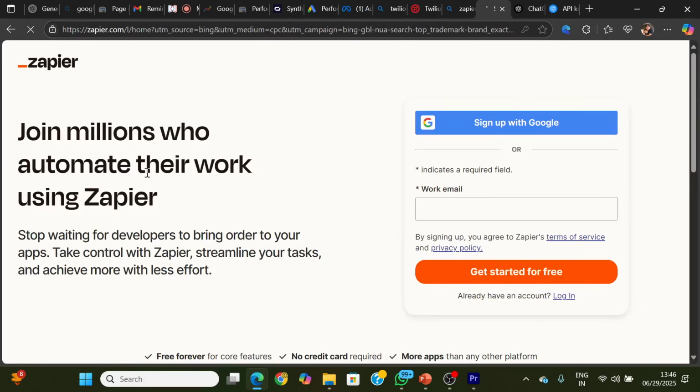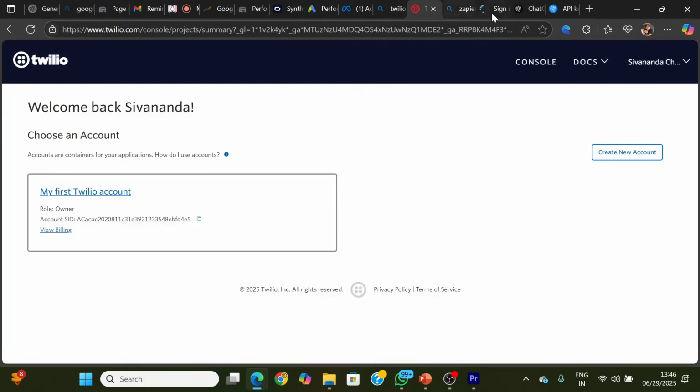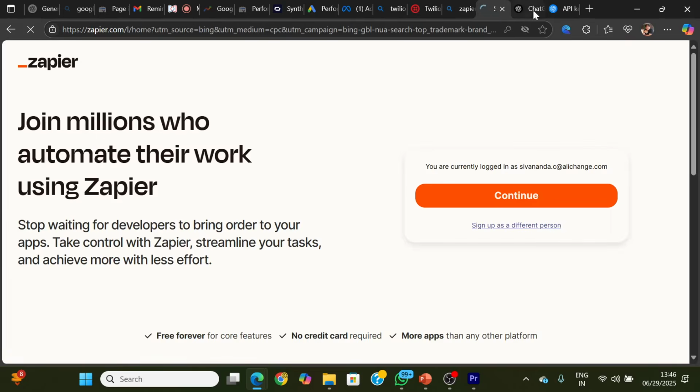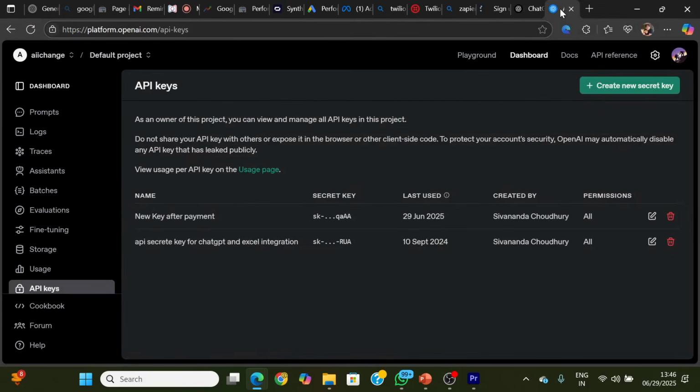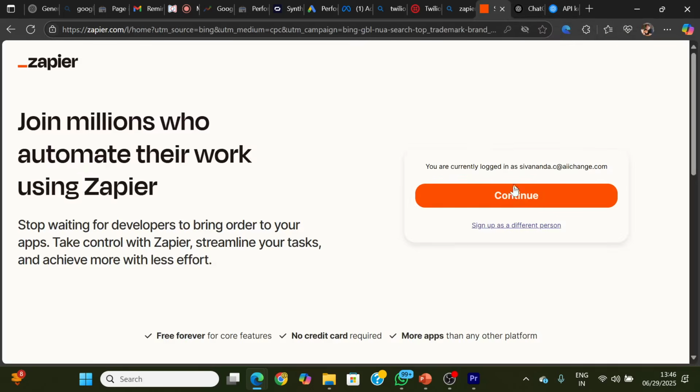You can do automation for WhatsApp, your Messenger, LinkedIn, Facebook, YouTube, so many things you can do. But I will show you how to do WhatsApp automation using Twilio. Here is Zapier, and here is OpenAI. In OpenAI, I have created the key. I have taken the API key, and in Zapier, I have also logged in